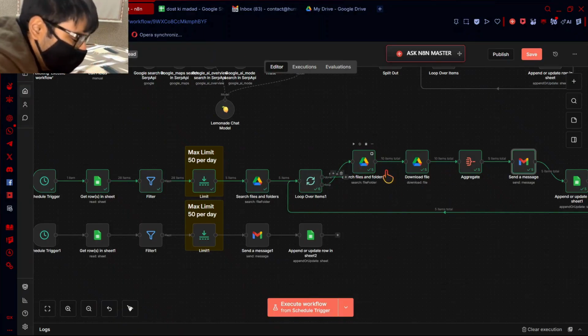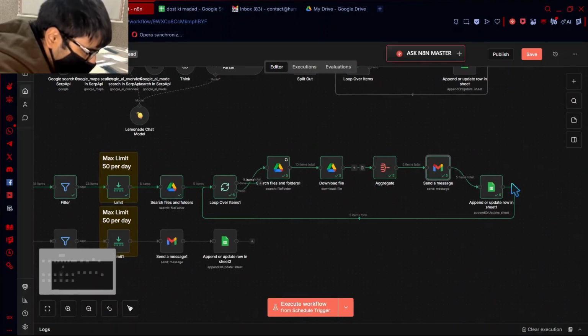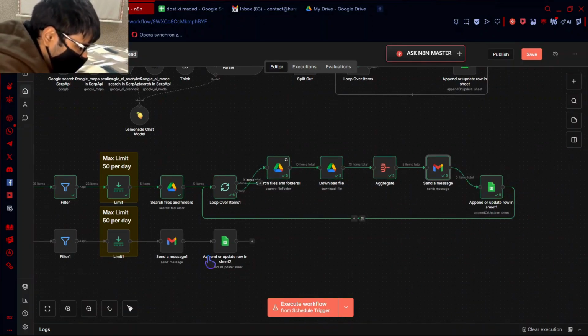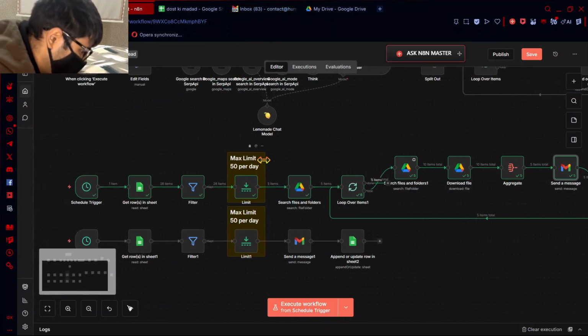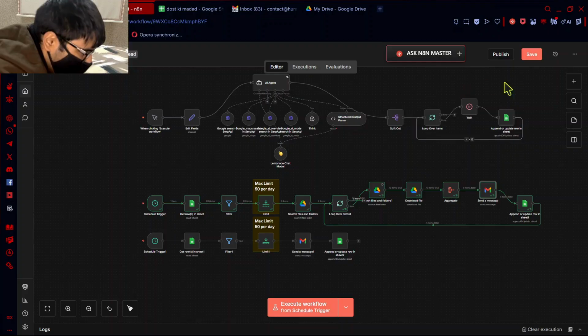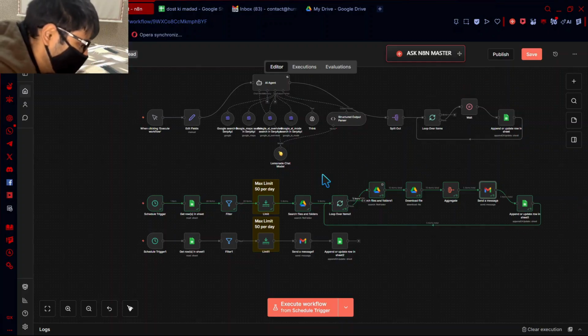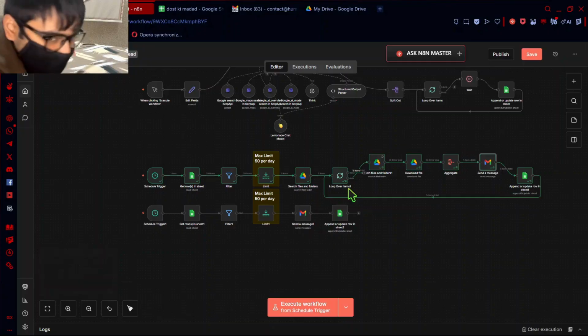Now we are using a loop, so the main point of the loop is to split the items in batches. That's why we are adding the loop option. And that's the whole automation: after the sheets it goes back to the loop, and it goes again and again until all the emails have been sent. So that's the whole automation. Now you saw part 1 where we get the leads for free using SERP API. Now we are using this automation to send personalized emails to the clients.